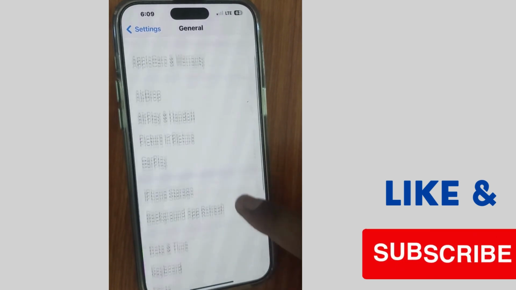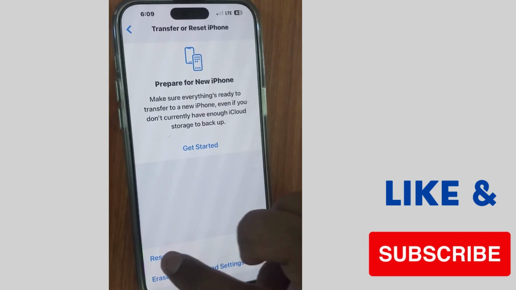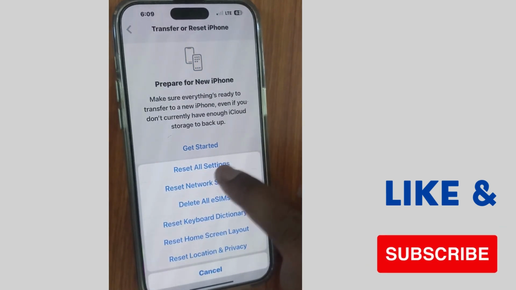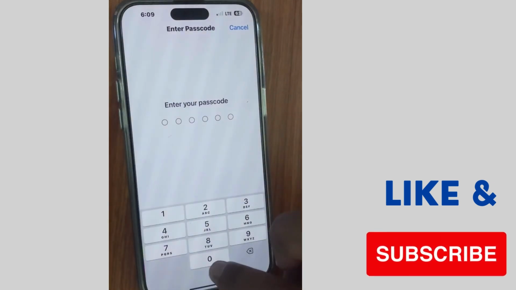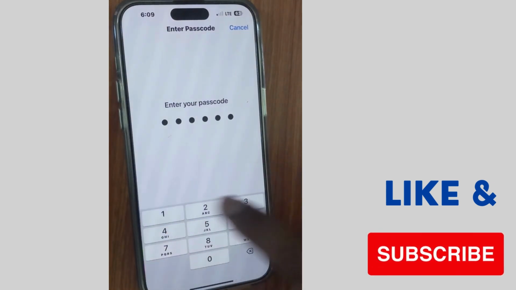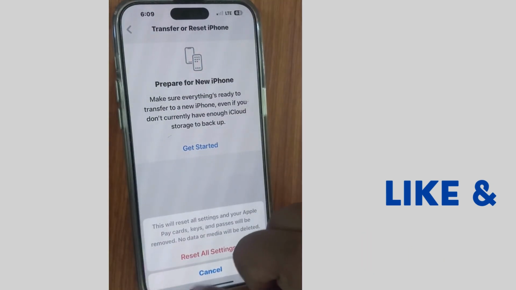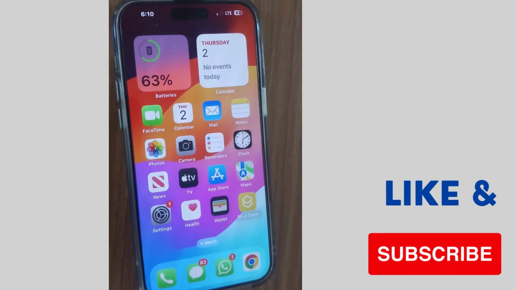The next one is to tap on settings again, go to general settings, scroll down and choose transfer or reset iPhone, tap on reset, and here choose reset all settings. Tap on it, unlock your iPhone with passcode or Face ID, and again tap on reset all settings. Hopefully your update